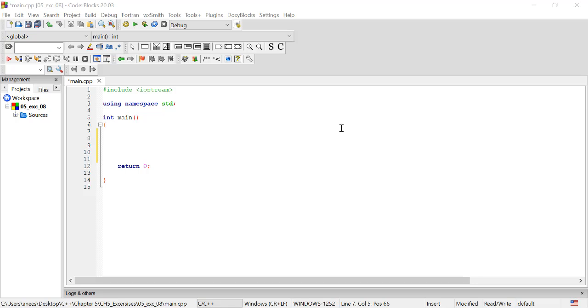I'm going to declare int first num, declare int second num, declare int sum is equal to 0, int num is equal to 0, int temp is equal to 0, and int